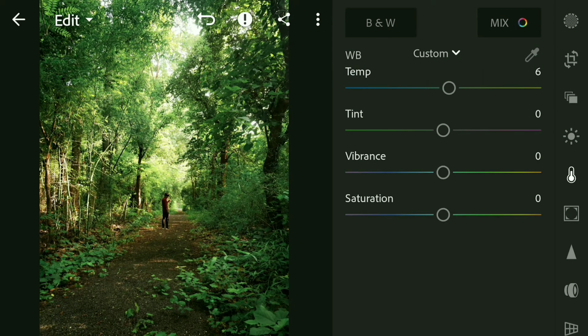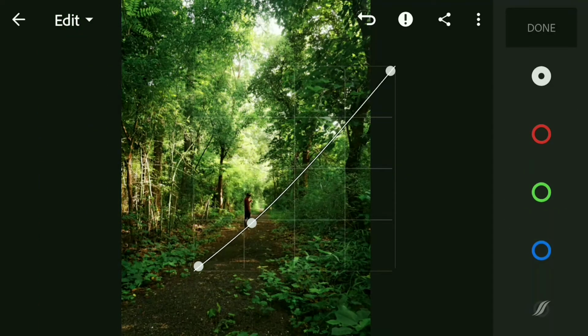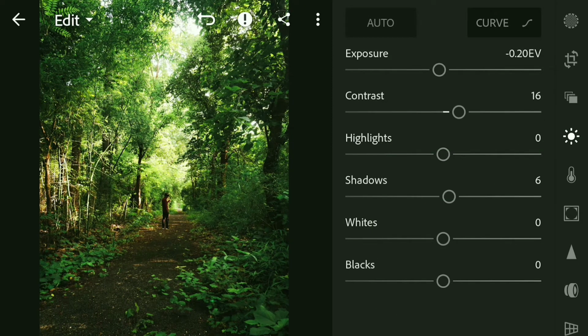Now this is done. We'll move to curves and I'll give it a slight S curve, but with just a little bit of fading in the shadows. It is looking more contrasty now. If we'd like to decrease it, we'll decrease the contrast from right here. The curve gives it a more pleasing look, and we have also added a faded look from curves, so we'll not